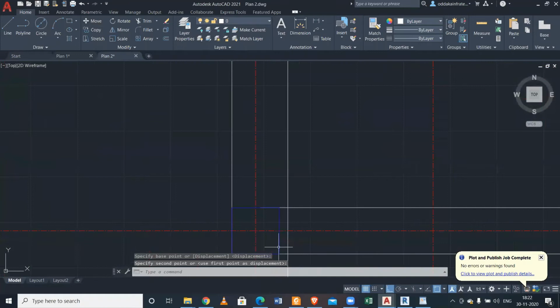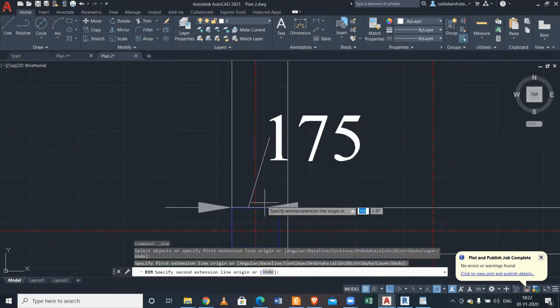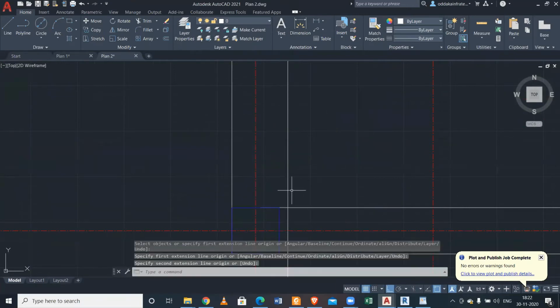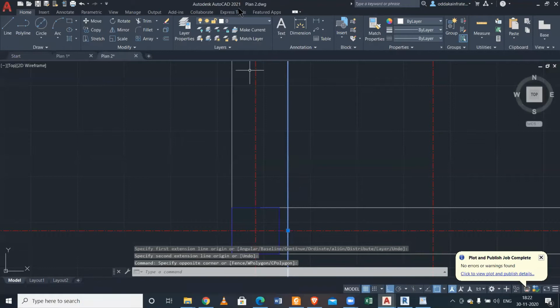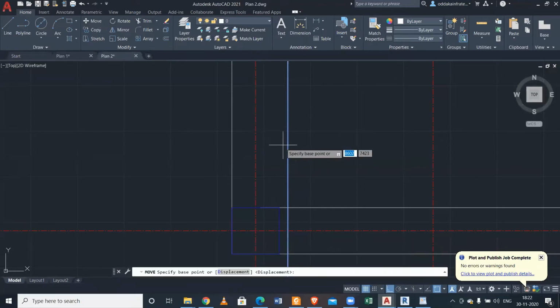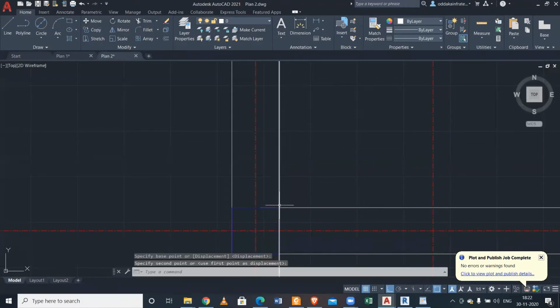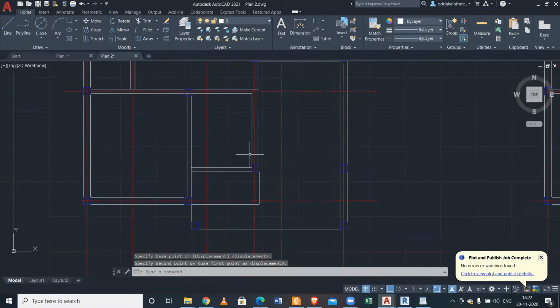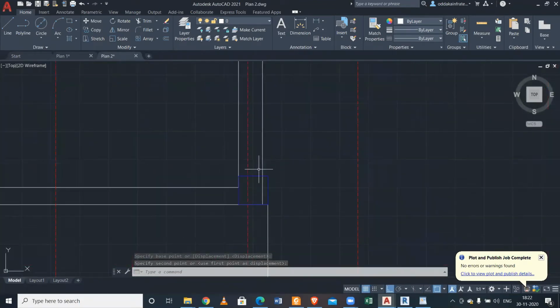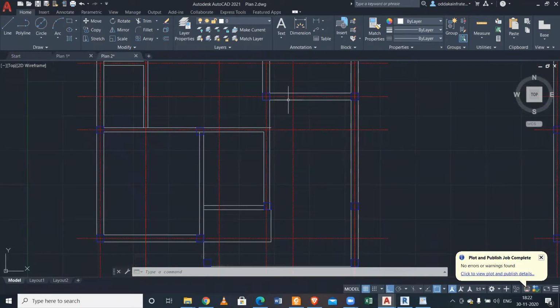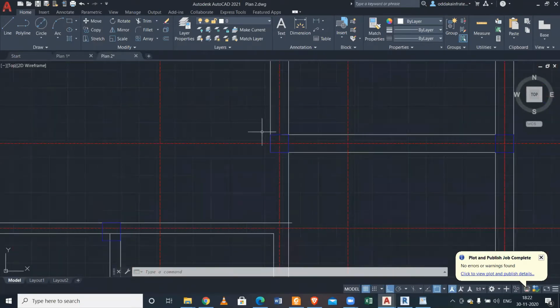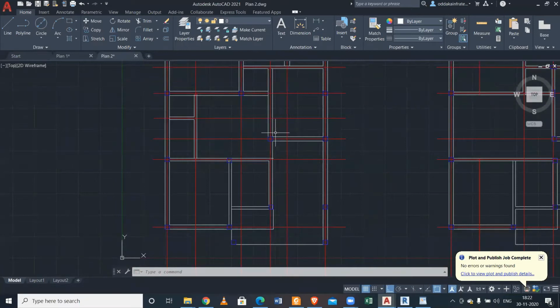This is the center. This is not 10-inch. Wait. This is 254. What happens if I move this? There is some error. You have to check that. This should be in the same line. If it is not, we need to make some changes in the architectural plan. But this should be in the same line.